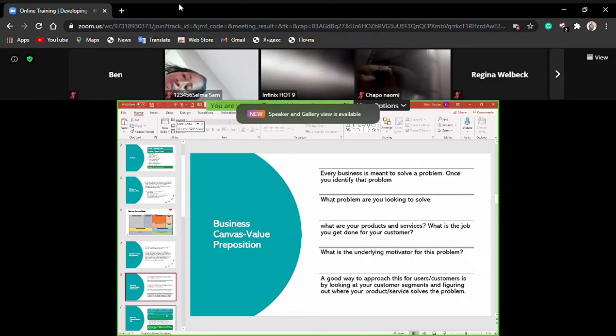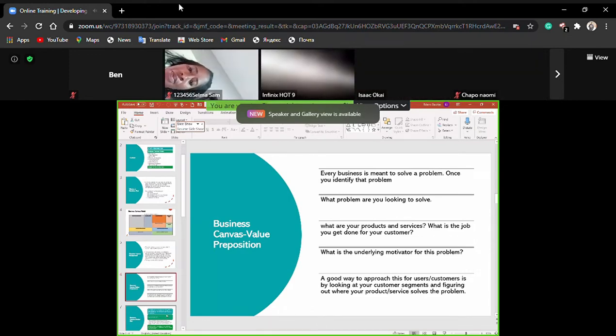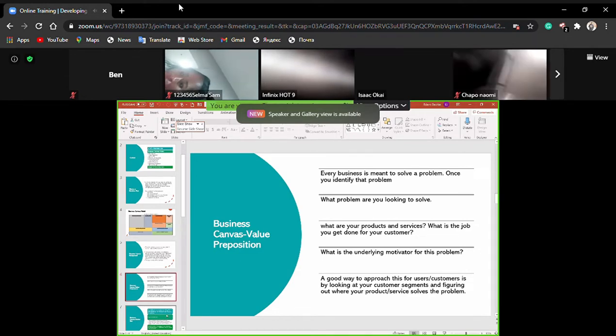The second part of the dashboard is your value proposition. Whenever you decide to undertake a business project, it's because you are looking to solve a problem. Now, what is it that you are offering to people that would